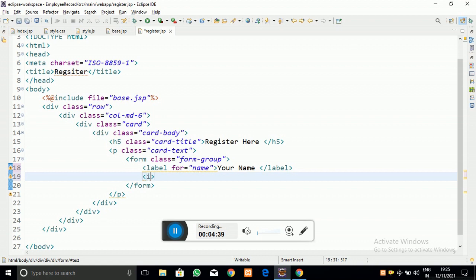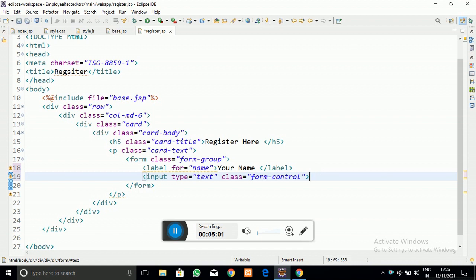Now I am going to take the input type text, that is a text field, with the class form-control, which is the bootstrap class.